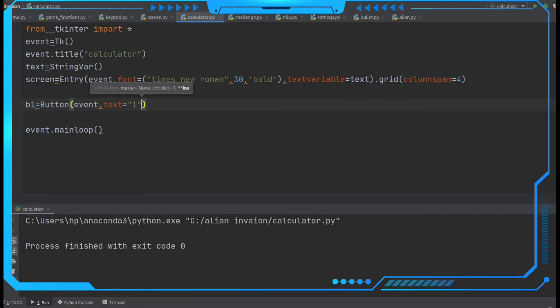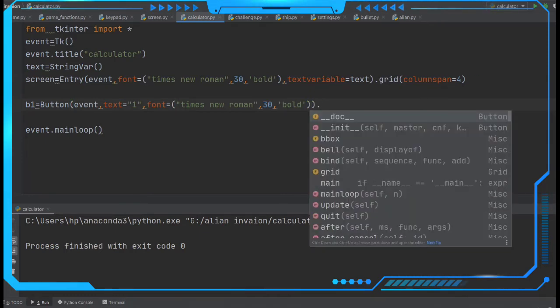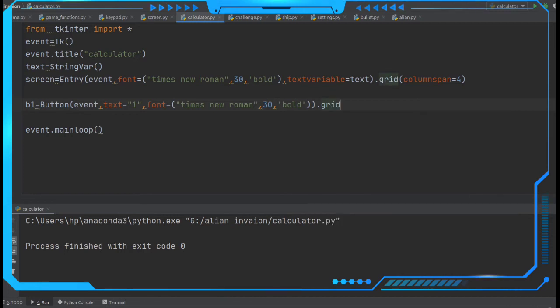The button is 1, so we have to write that 1 here, and then we have to select the font. I am going to copy this font here. After this font, we have to call this grid method here.